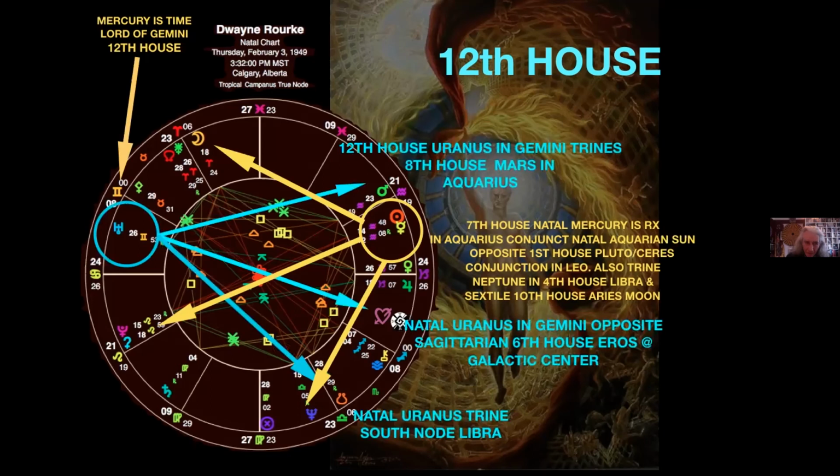Focusing in then on Uranus in the 12th house, natal Uranus in the 12th, which has a trine to my 8th house Mars in Aquarius. Opposite that Sagittarian 6th house Eros galactic center, which I think came up last week in my presentation, and trine to